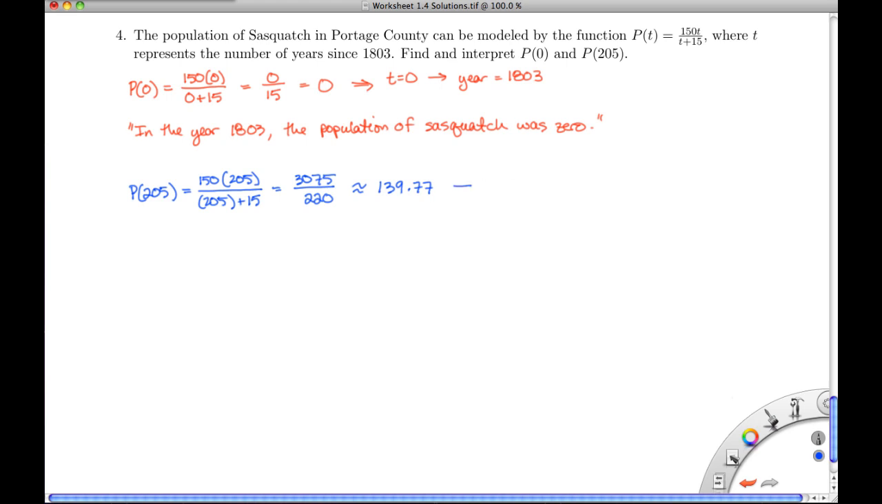Well, the t in this case was 205, and we know that this is related to the year. In this particular case, since this is the number of years since 1803, we would calculate the year as 1803 plus the 205 years that have elapsed since, which gives us a year of 2008. So what we can conclude is that in the year 2008, the population of Sasquatch